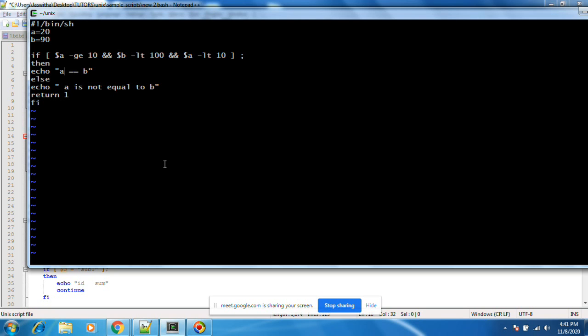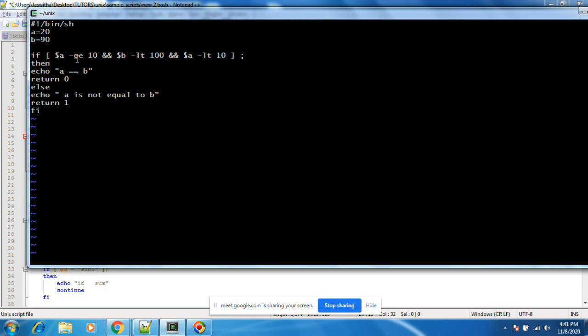If you make it return 0, there is no error. Return 0 means the script executed successfully. Return 1 means the script throws some error. Okay, this is what it is.